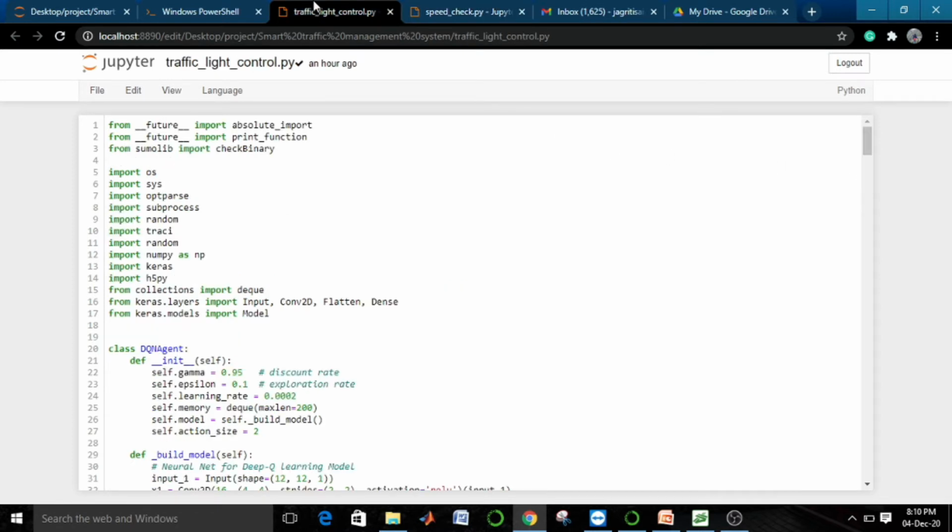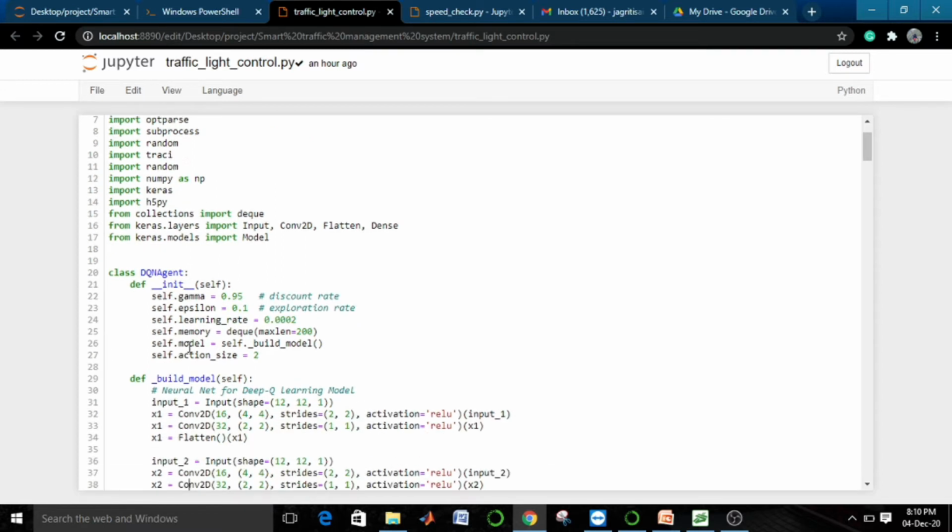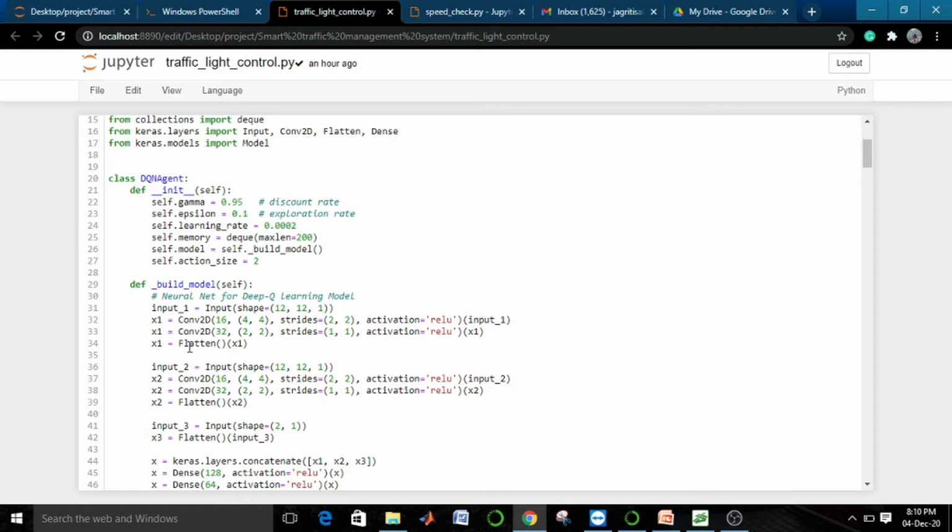And for the first part, we will be using the Q-learning reinforcement method, and these are the required and necessary packages and libraries which you need to have or download. And for this part, you need to download the Sumo simulator from your browser. Our aim in this project is to minimize the total waiting time of all the vehicles during the simulation.